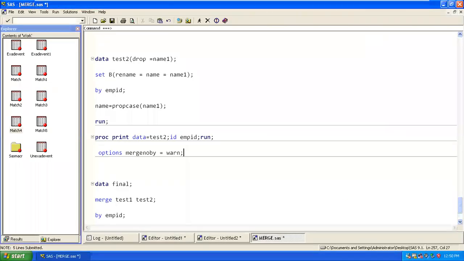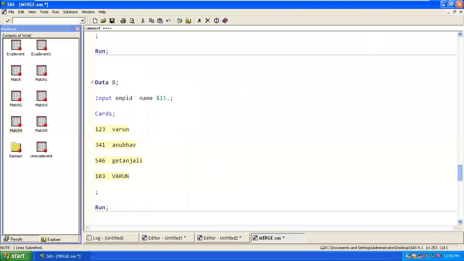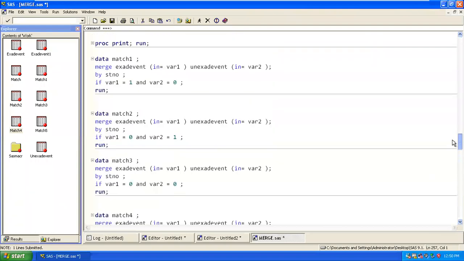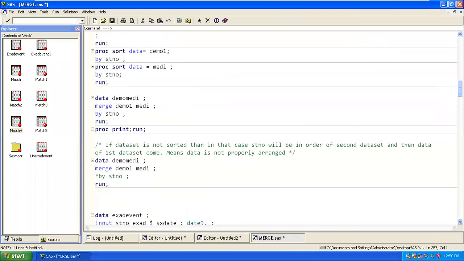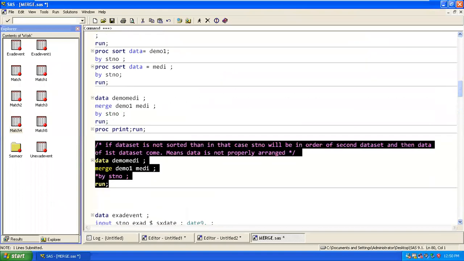So let's say I execute and run a merge without a by. We already performed merge without by. Now if I execute this query and look at this log, you'll see a message. Not this, the message will be something different.